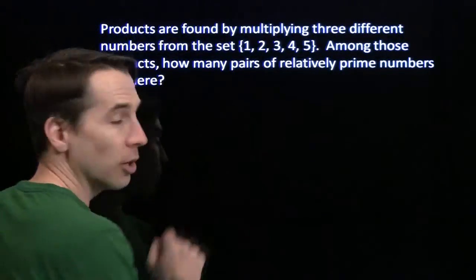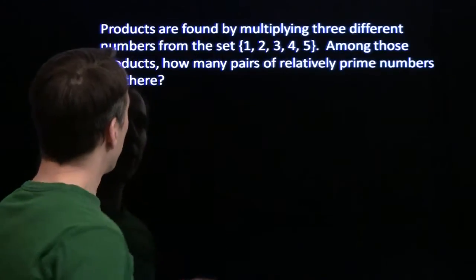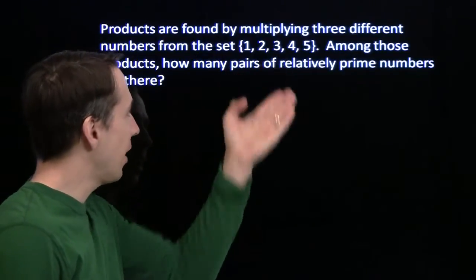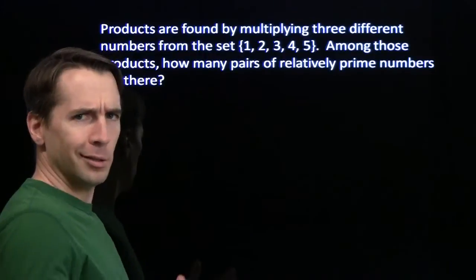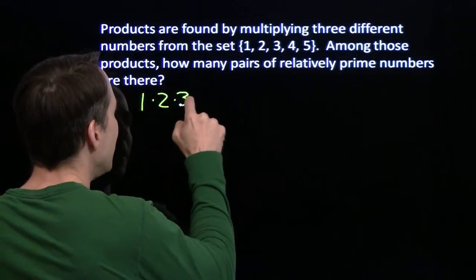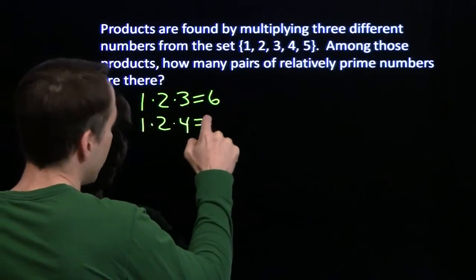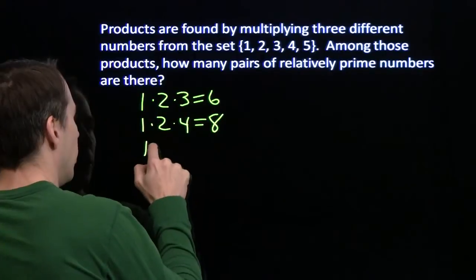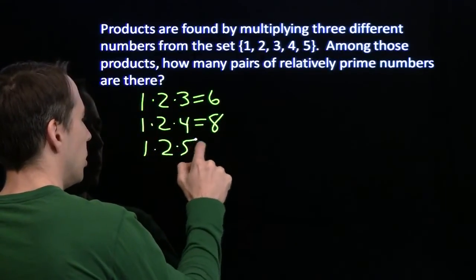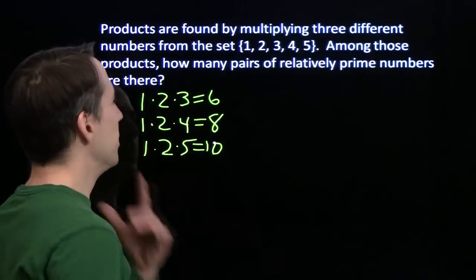Now, here's our first problem. We're going to form a bunch of products by multiplying 3 different numbers from this set right here. I can do that. So we got 1 times 2 times 3, that's 6. 1 times 2 times 4, that's 8. 1 times 2, I don't want to do this. It's going to take forever, and I might miss some, and